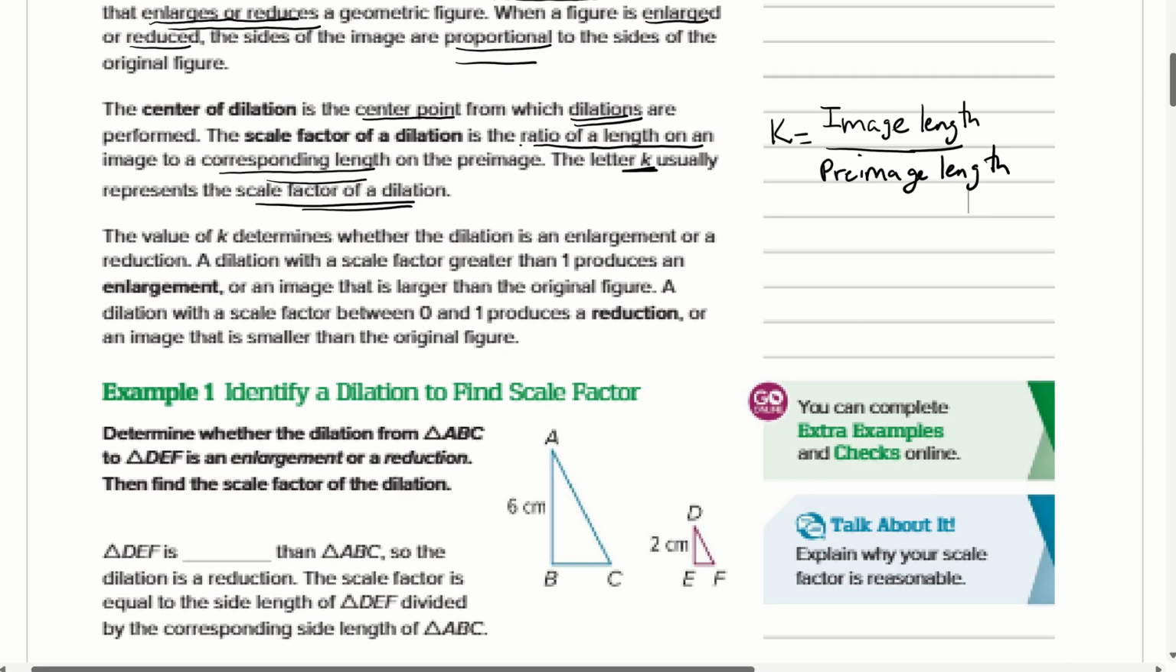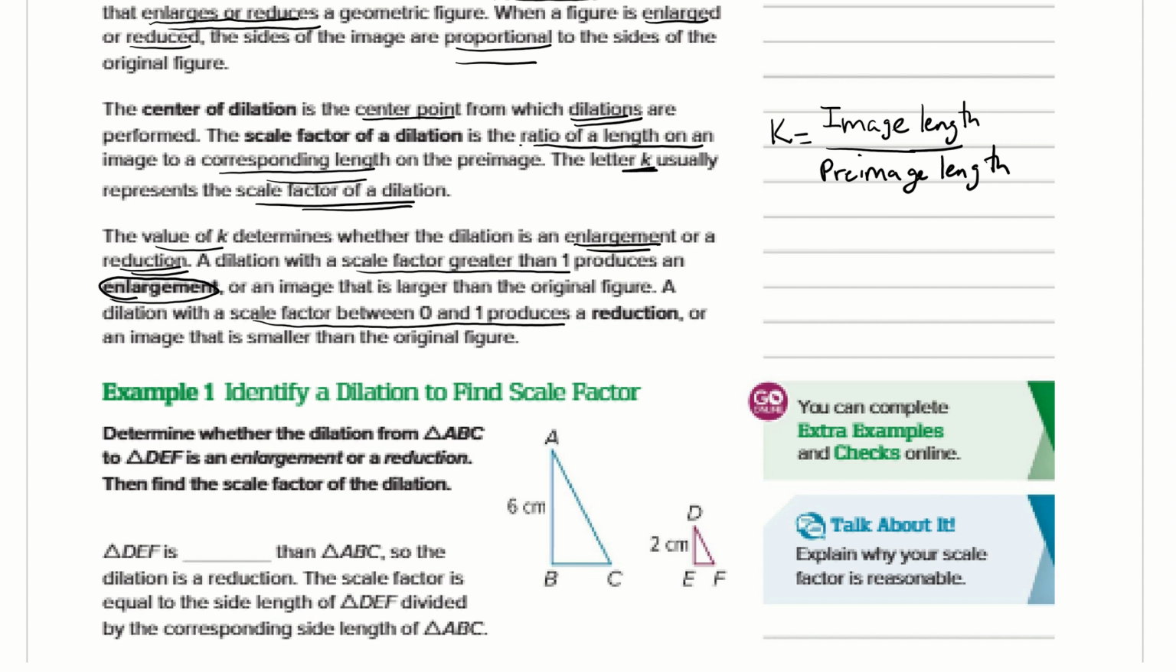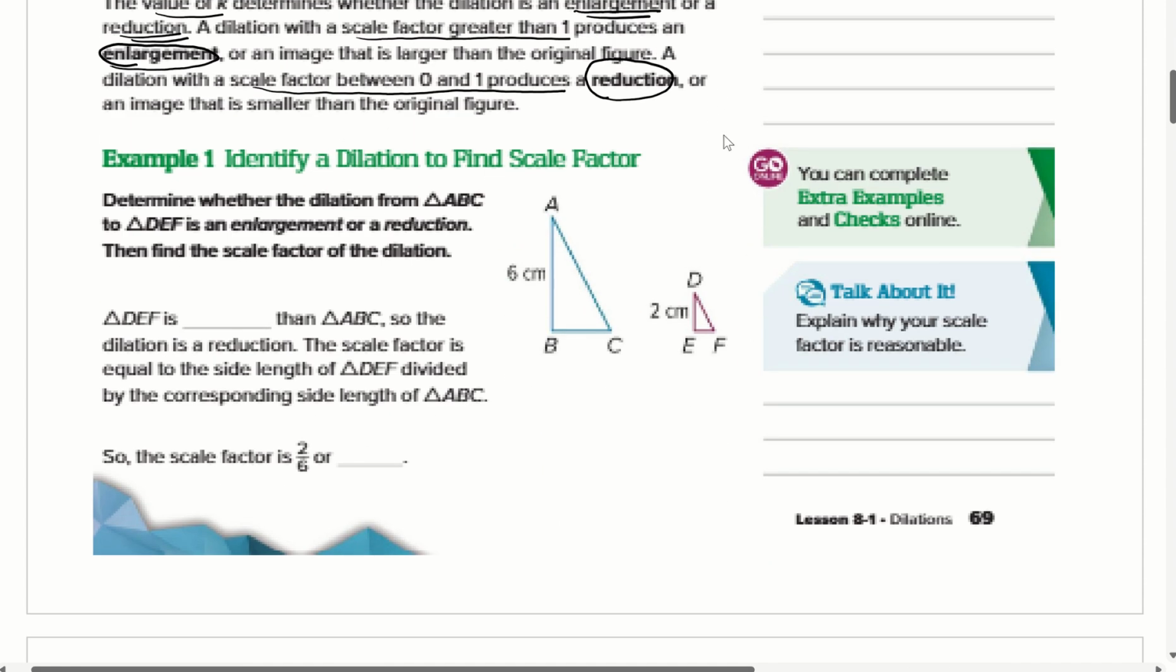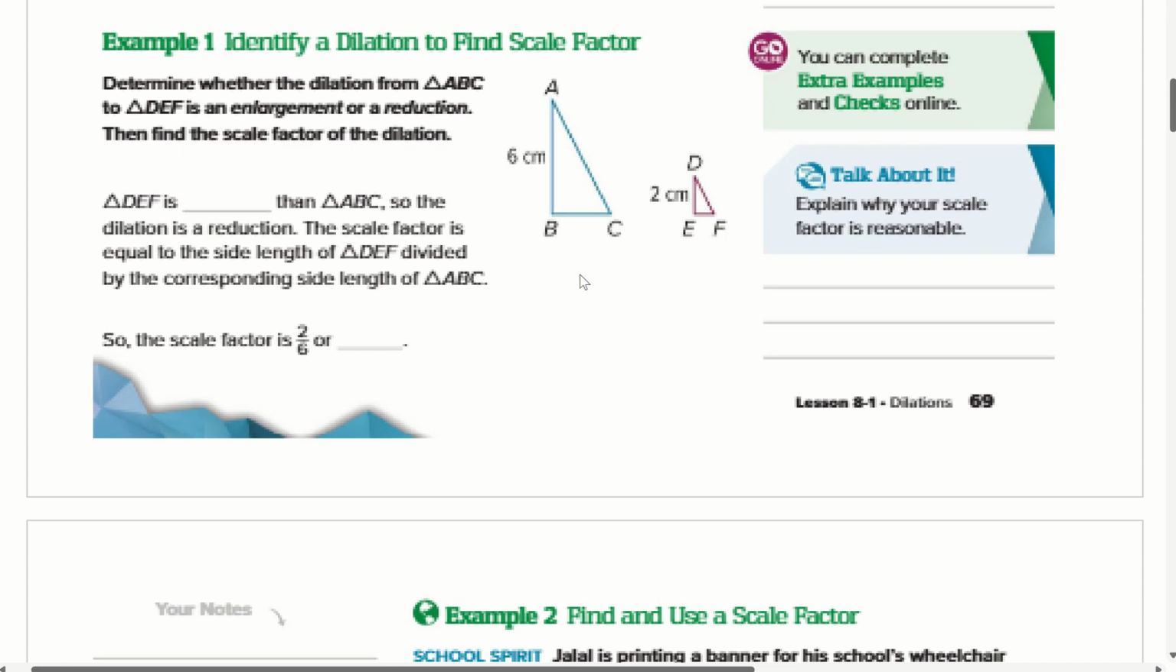The value of K determines whether the dilation is an enlargement or a reduction, okay? So the value of K determines whether it's enlargement or reduction. A dilation with a scale factor greater than 1 produces an enlargement, or an image that is larger than the original figure. A dilation with a scale factor between 0 and 1 produces a reduction, which is an image that is smaller than the original figure. All right, so let's look at an example of this idea of the scale factor of